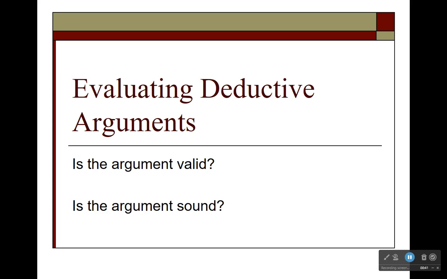And the other main topic that Russ focuses on in the introduction is the basics of logic, the rudiments of logic, the basics of evaluating arguments. That's a very important topic to cover in the introduction because many of the readings in this class are going to be organized around the presentation of arguments. Part of the purpose of the class is for you to learn to think critically about arguments, and thinking critically about arguments is in part learning how to evaluate them by a couple of different criteria.